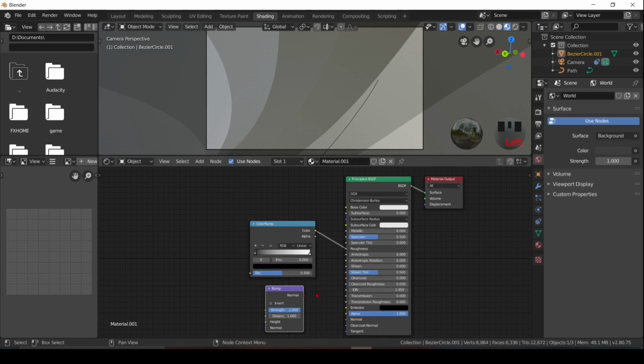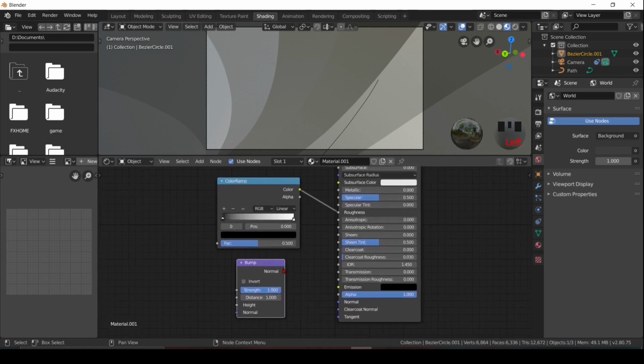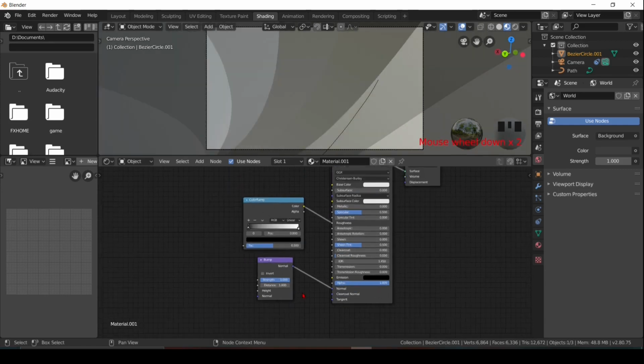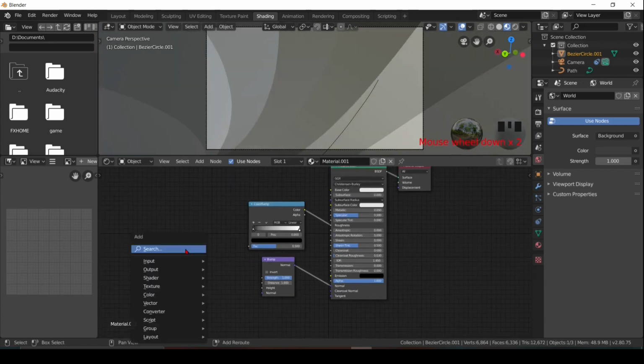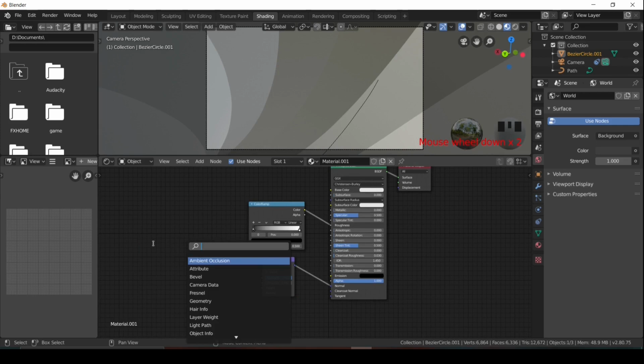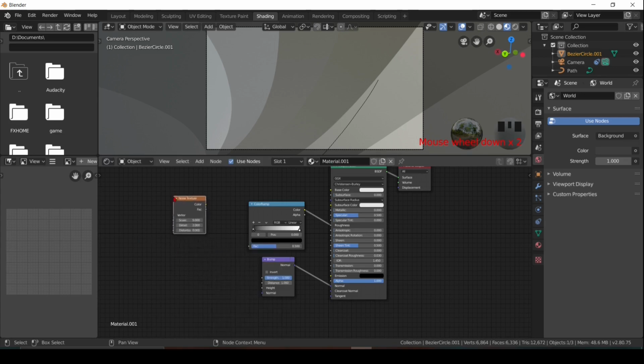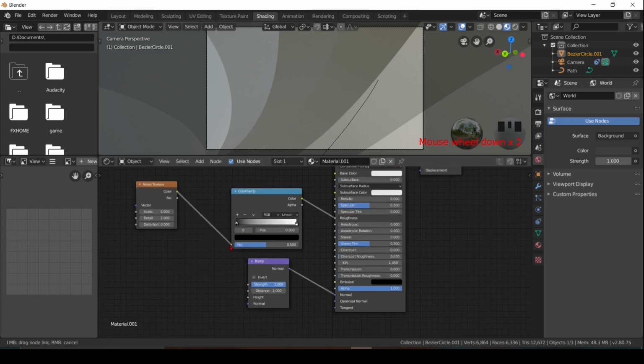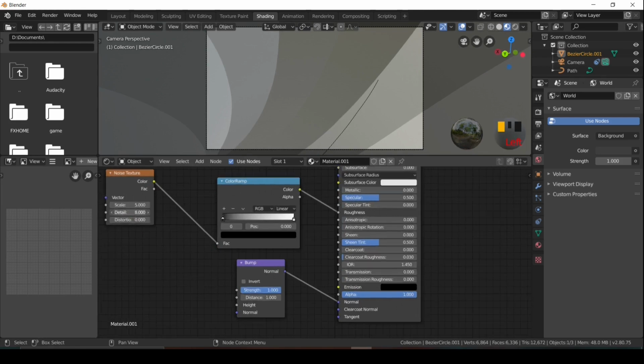Add a bump node and connect normal to the normal. Add noise texture and connect it with color wrap. Increase the detail completely and increase the scale also.